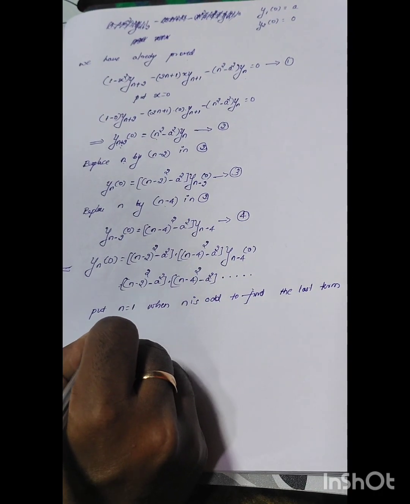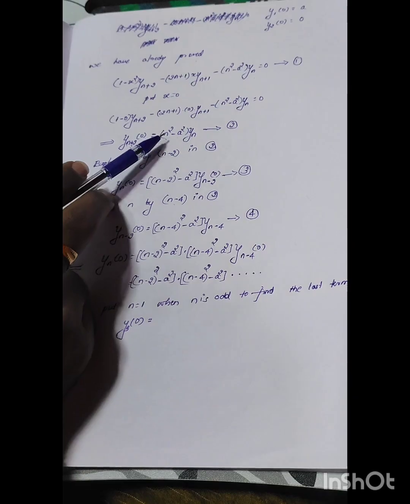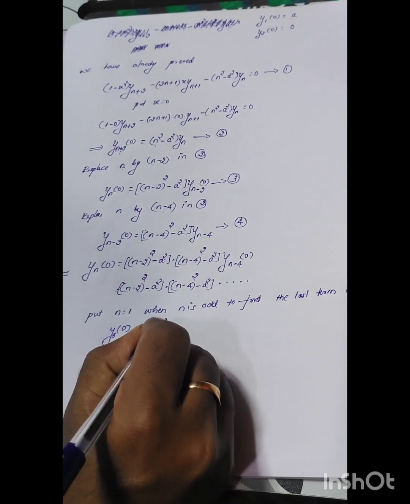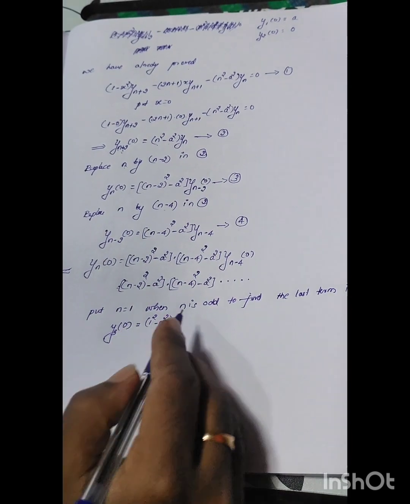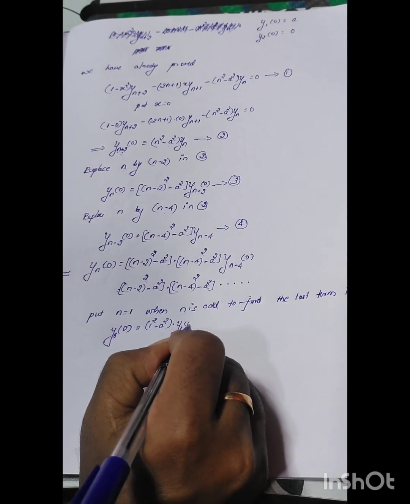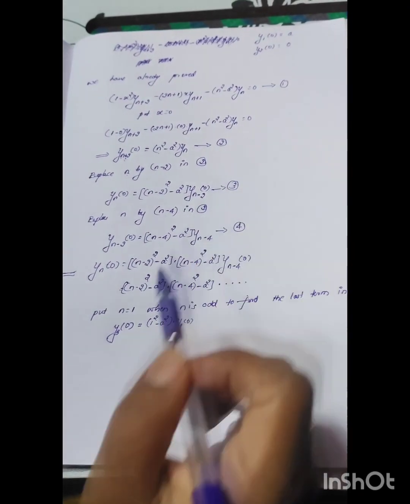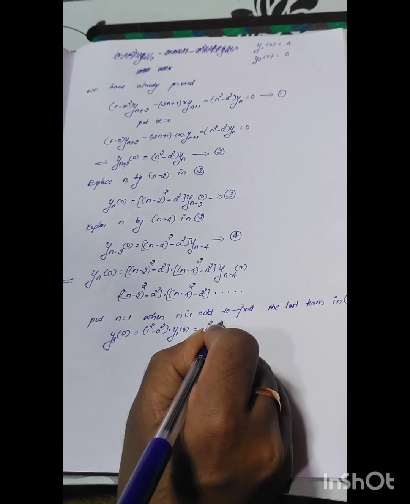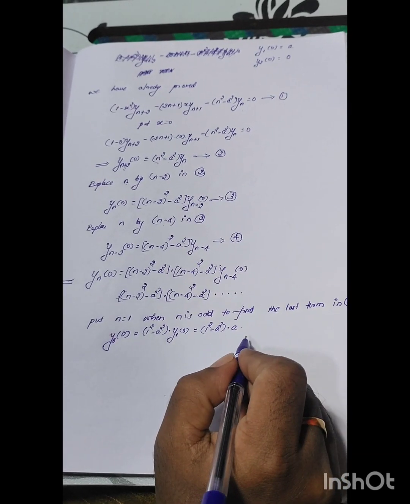So y3 of 0 will be equal to 1 square minus a square into yn. Yn is y1, so that will be equal to y1. We already found y1 of 0, right? What is y1 of 0? We already found y1 of 0 as a. So that will be equal to 1 square minus a square into a. So this will be the last term